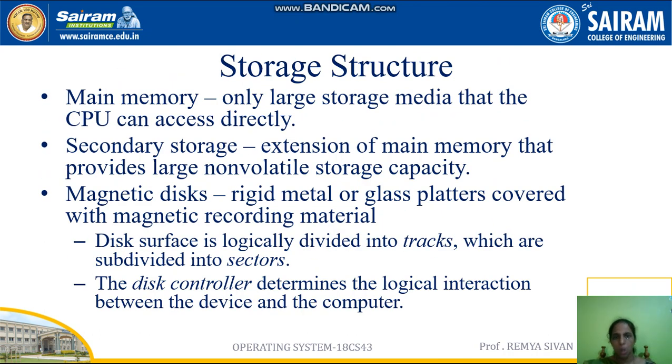And the next topic is storage structure. Storage structure is, we know, main memory. All programs should be there in the main memory for execution. And main memory is the only large storage media that the CPU can access directly. And main memory is, size wise, very small and it is a volatile structure. So to store your data, we need some extension of main memory, that is the secondary storage, and it is